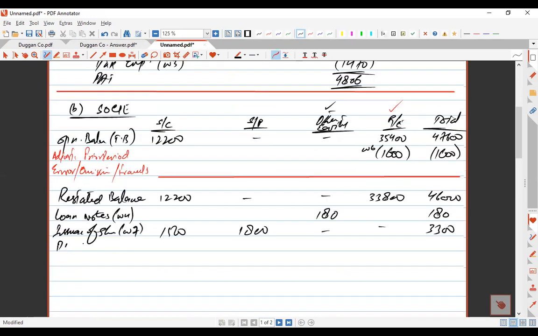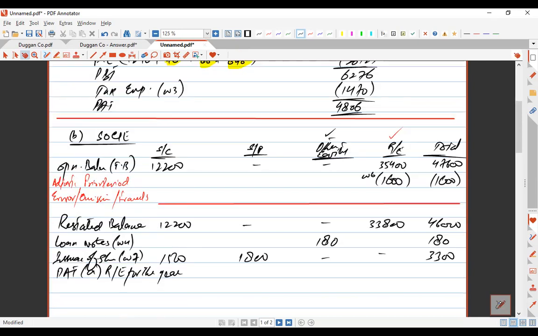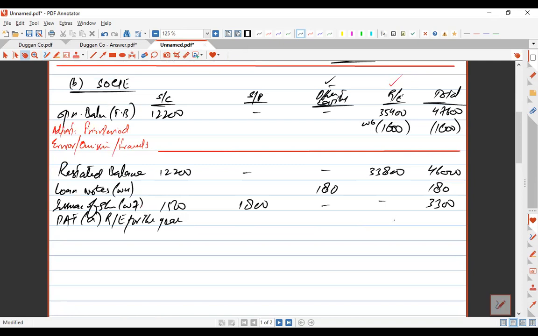In the changes in equity, profit after tax is to be added as calculated in requirement A, in the retained earning column. The total profit after tax for this year is 4806 as calculated in part A of the question. So 4806 is also reported over here. After doing all these adjustments, if there is any dividend paid, let's say I'm just continuing for the conceptual discussion, the dividend paid would be deducted from the retained earning and from the total column as well.